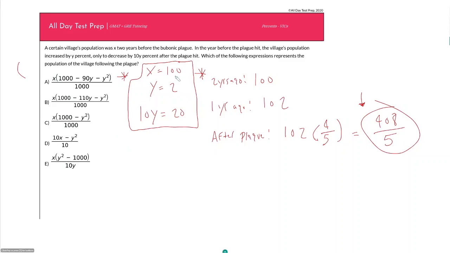And so now these I have to remember. So I want to plug in 100 for X, 2 for Y, and then I want to select the answer choice that gives me 408 over 5 as my answer. And so starting with statement 1, or I should say, not statement 1, it's not data sufficiency, answer choice A. So this X would be 100 times 1,000 minus 90 times Y, so 90 times 2, which is 180, minus Y squared, so that's minus 2 squared, so that's minus 4, all over